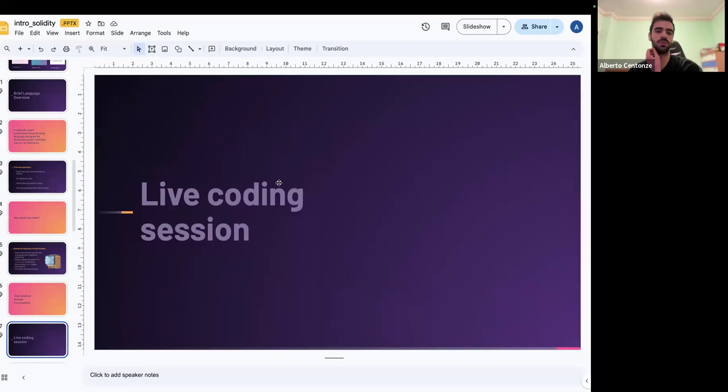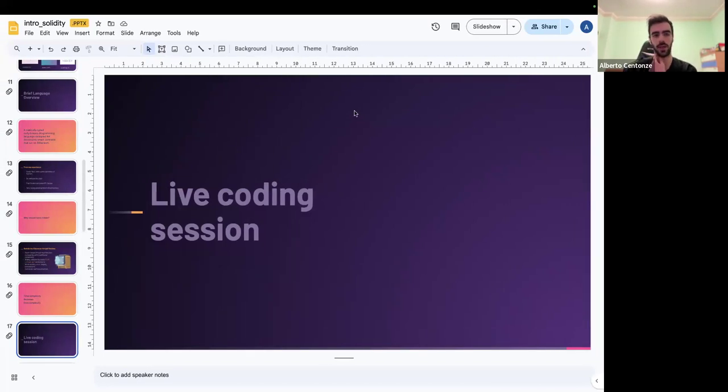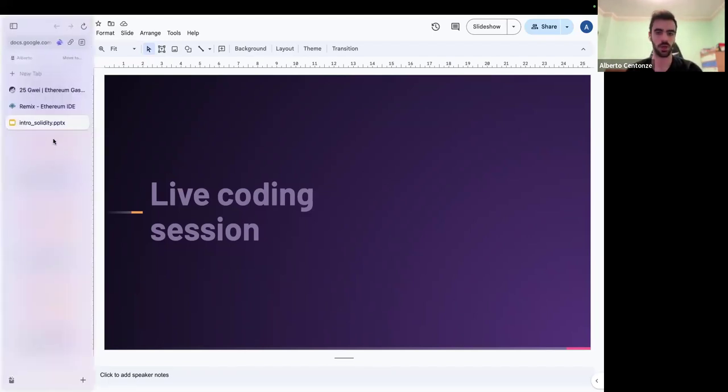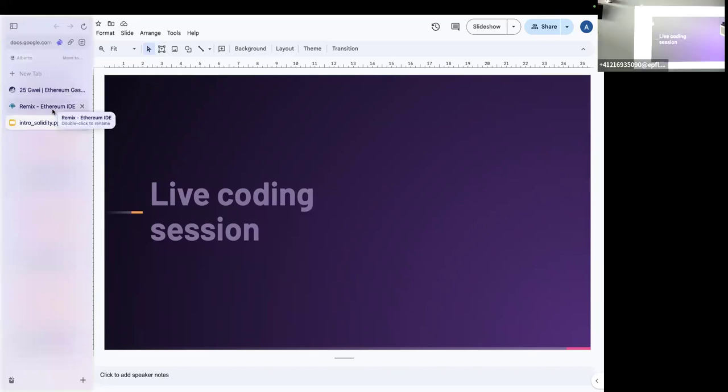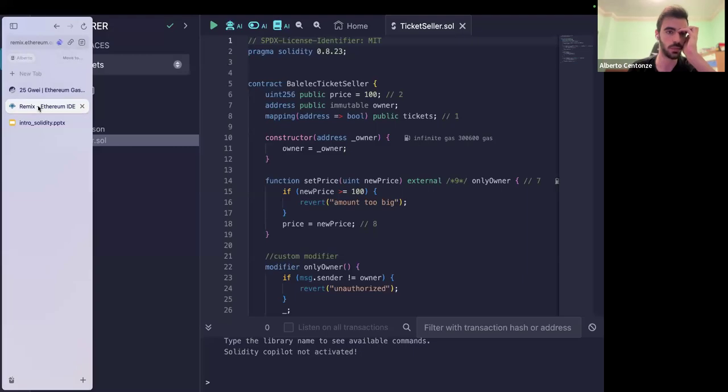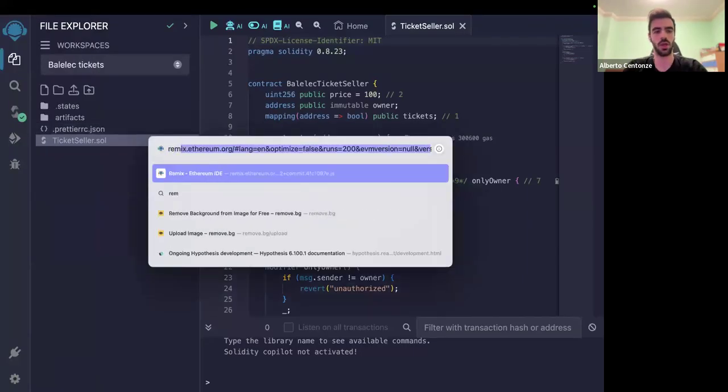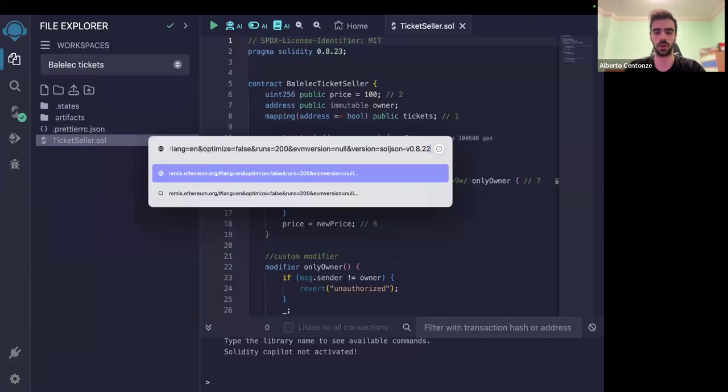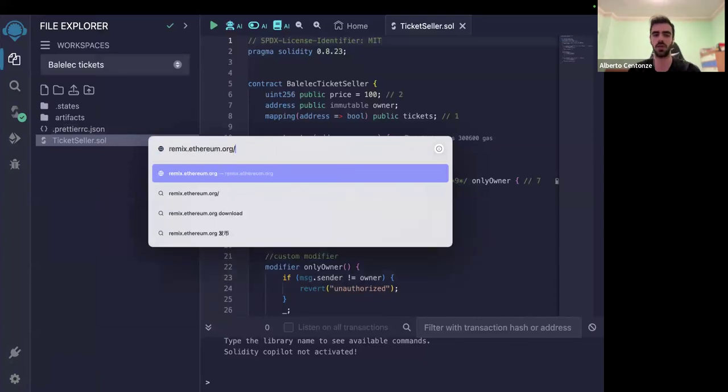Okay, let's start coding. The cool thing is we can code together. There are no installation requirements. You can just go to this website. I'm going to give you some time to do it if you want to follow along. I'll try to go as slowly as possible. The website is called remix.ethereum.org. I'm going to give you a minute to set up your laptops if you need to.